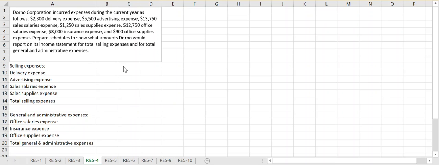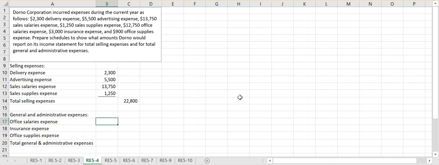So they give us some information for our corporation here. And so they tell us that we had our delivery expense of $2,300. We had advertising of $5,500, sales salaries of $13,750, and sales supplies of $1,250. So all of these items are considered selling expenses. They directly relate to us trying to sell our product or service. So on our multi-step income statement, for example, we list our total selling expenses for this company at $22,800